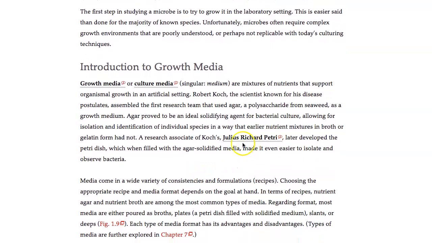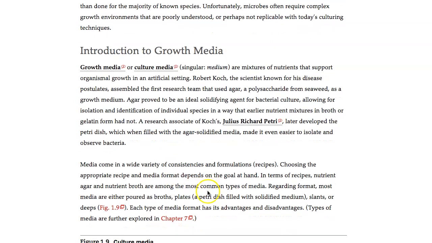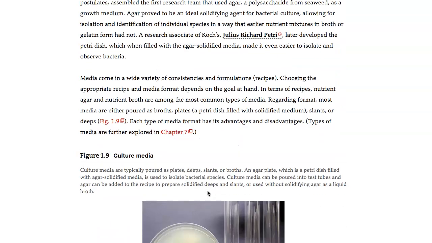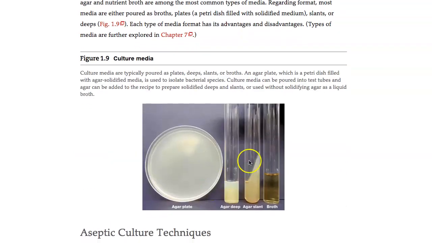Also, you'll be using the Petri dish invented by Julius Richard Petri in Koch's lab in order to conveniently look at the bacteria and prepare them and incubate them for growth properties and to analyze them. You'll also be learning in lab about different types of media which can be suited for one type of microbe or another. So here we see the first diagram looking at the different types of ways in which we